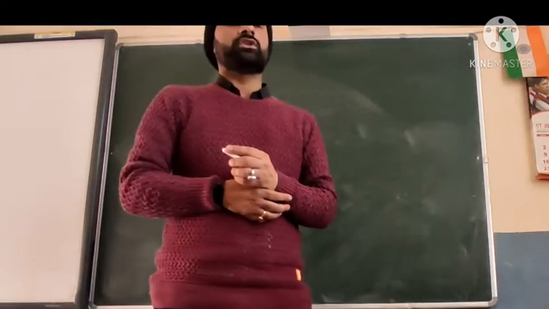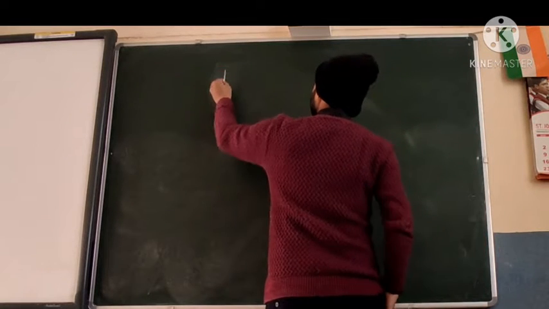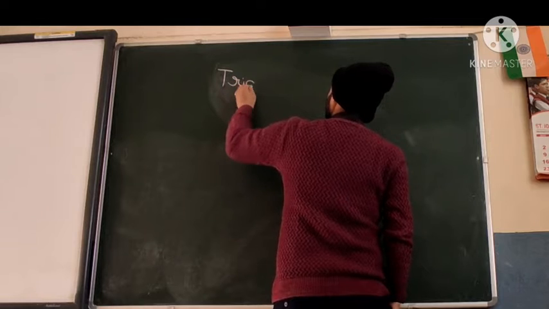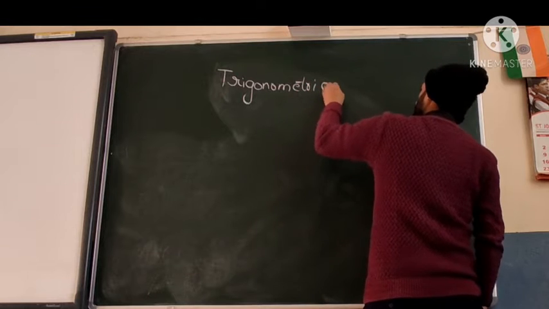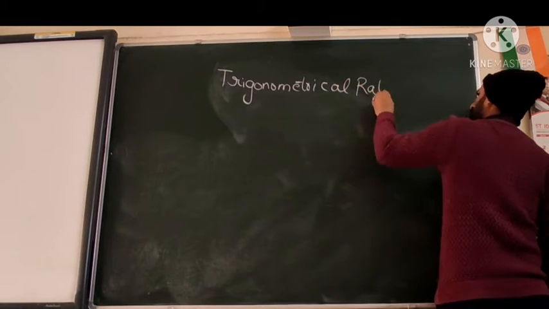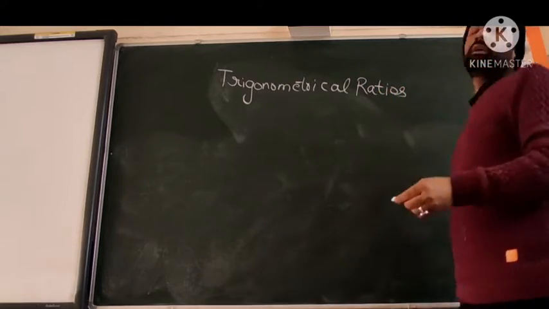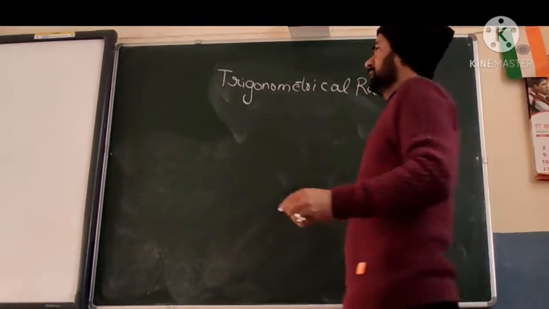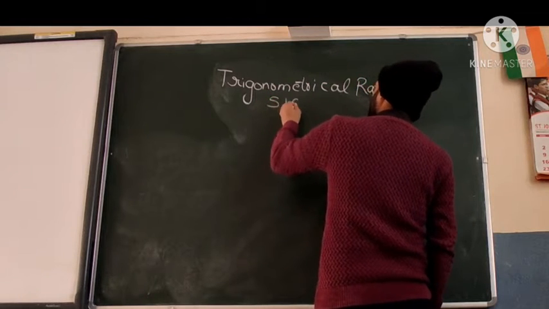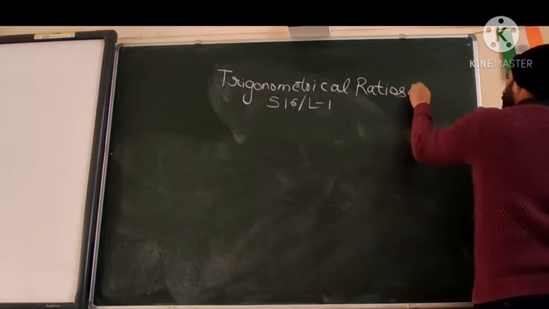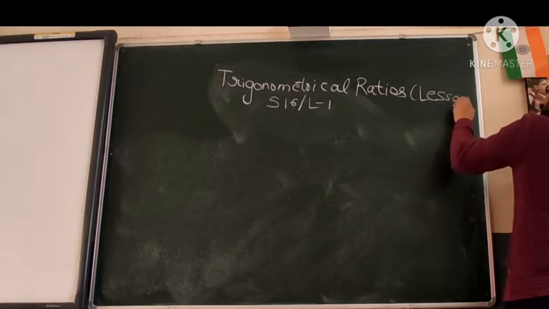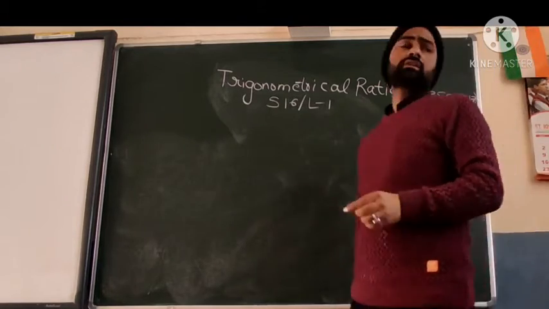Many of you must have learned it already also because people are moving ahead. Okay. So trigonometrical ratios, that is the chapter name. Trigonometrical ratios is the chapter name, and it is the 16th chapter I am teaching you, and the first lecture on that. This is your lesson 17 in the book. So considering the first lecture, see,